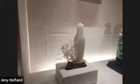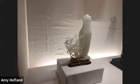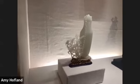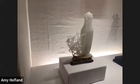And now we're going to move over to this little sweet milk jade. Many of the names of jade come from the actual visual properties of what it is. This is nephrite. There are two mineral properties of jade. One is nephrite, one is jadeite. This is nephrite. And I just bring you here to show you the chain, which may be a little bit